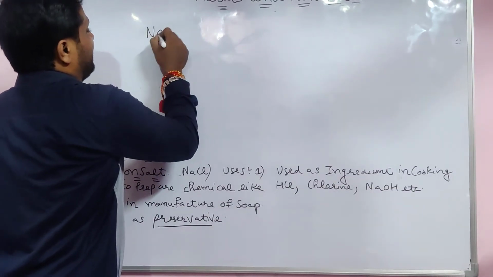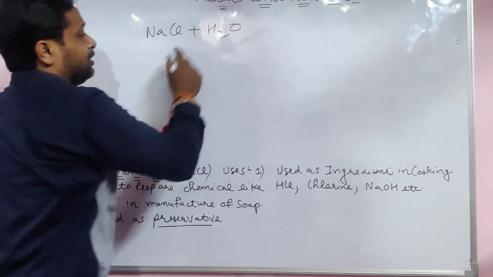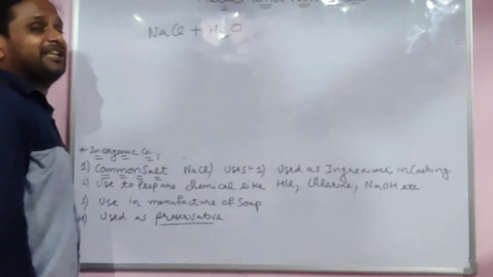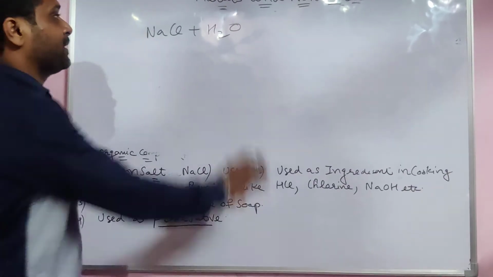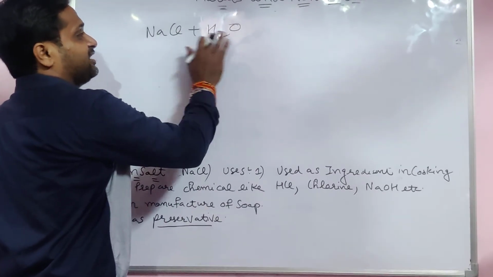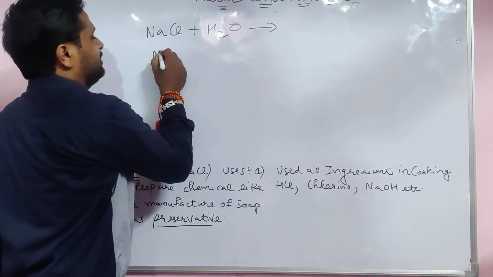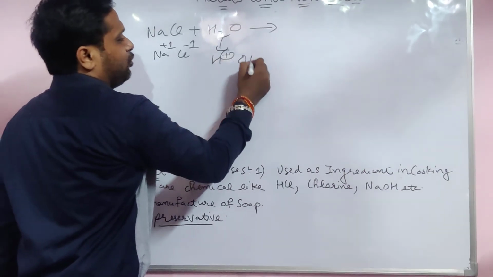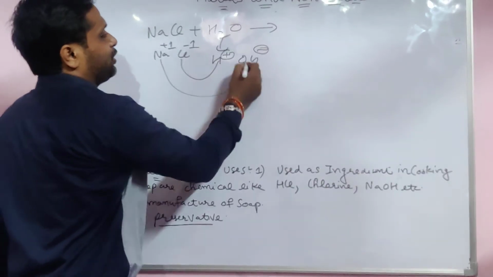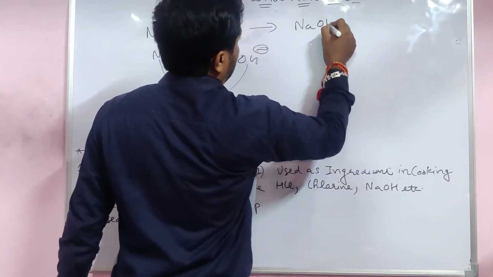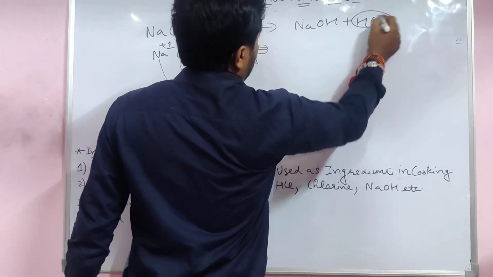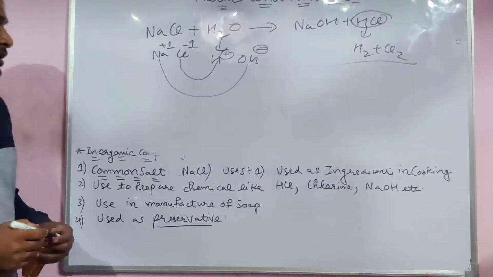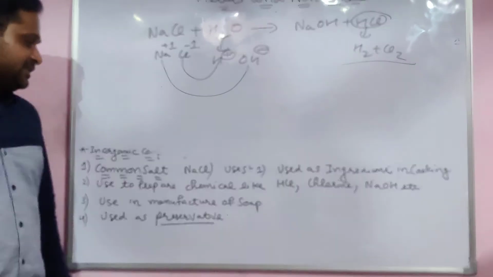If NaCl is there and you put water, the reaction of acid and base is reversible in nature. Keep in mind. If you take this reactant, then what product forms? Here Na 1 positive, Cl 1 negative. Water is always H positive, OH negative. Positive with negative, that forms NaOH and HCl again. And when HCl breaks, you get H2 plus Cl2. So the reaction itself tells their uses.